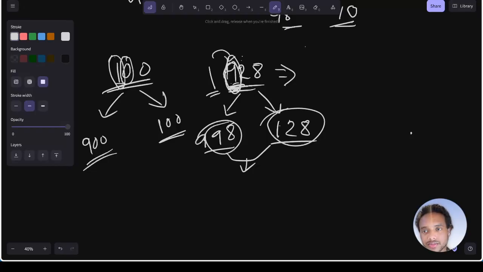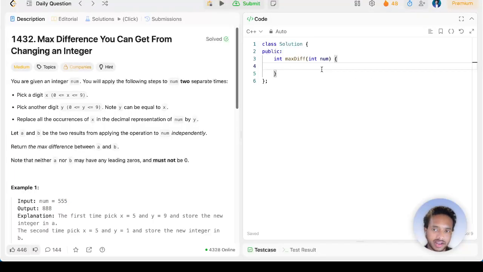If I code this problem, at first I'm going to convert it into a string, and then at the end of the solution, I'll convert it into an integer and simply perform the minus. So first I'll convert it into a string, so this is our built-in C++ library to_string for number,